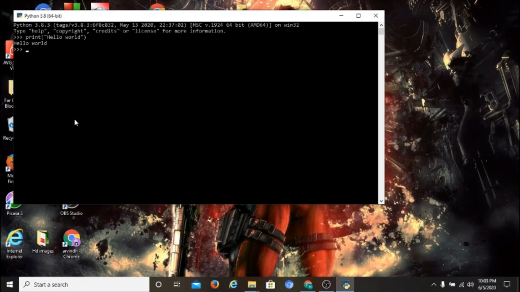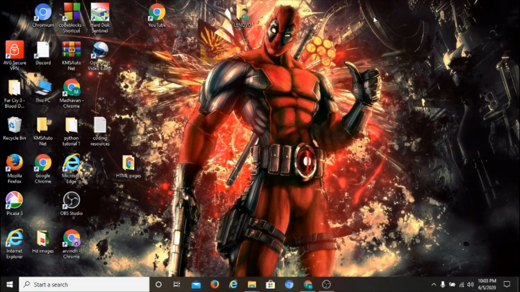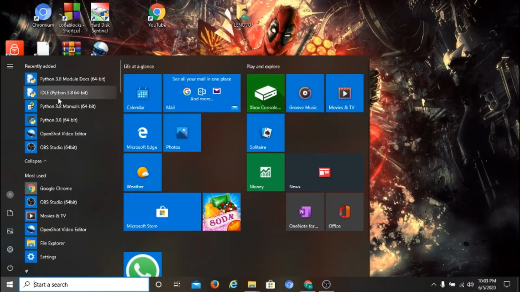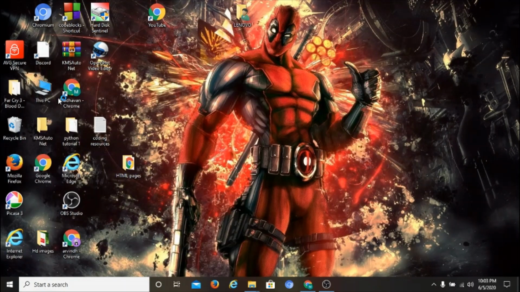Here you can see that it is giving me the output hello world. So it's working absolutely fine. Now let's check the IDLE. Go to the recent section and click on IDLE.